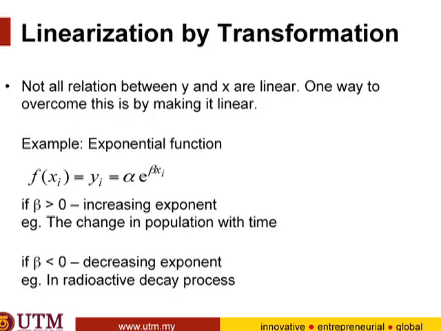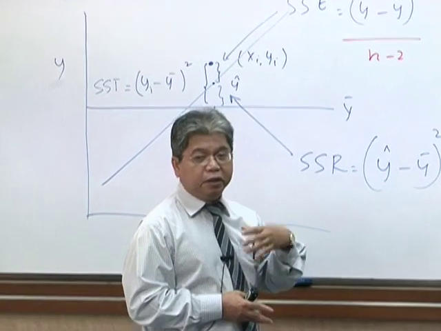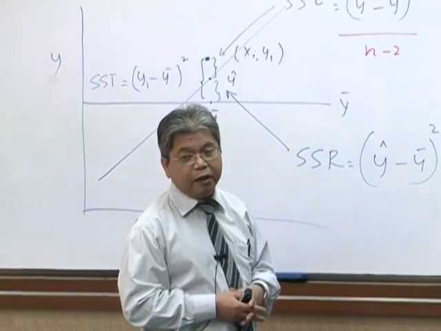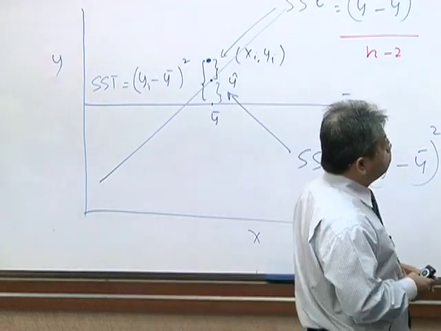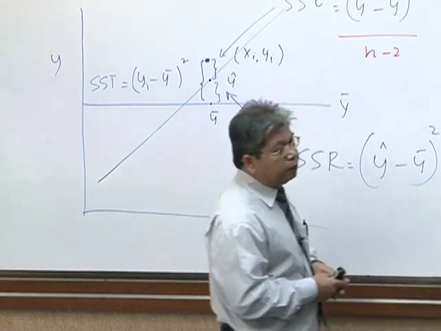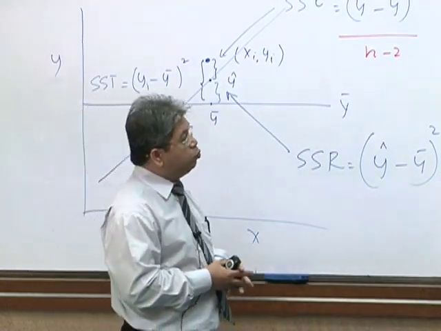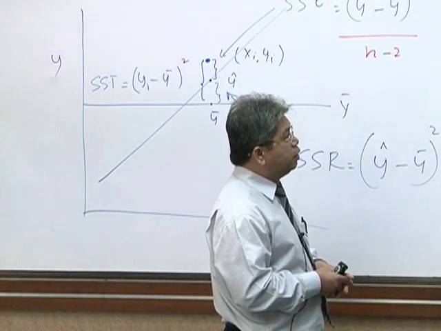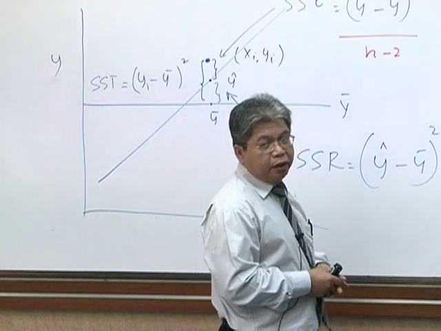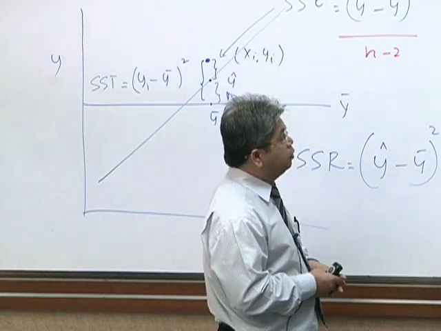Okay, next we move on to linearization of regression line. Remember that we talked about linear equation from early this morning. So why do we want to use linear equation? Because it's easier to deal with a straight line rather than a curve itself. So whenever we have a relationship between two variables that is not linear, the first solution is to try to linearize the relation between the two.